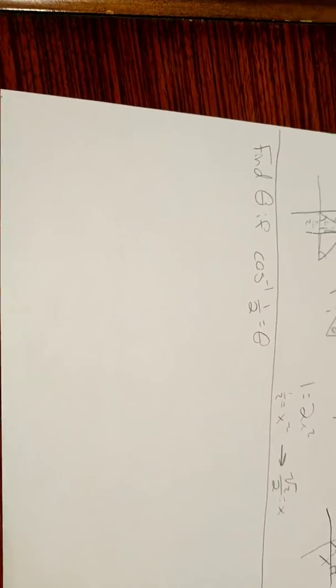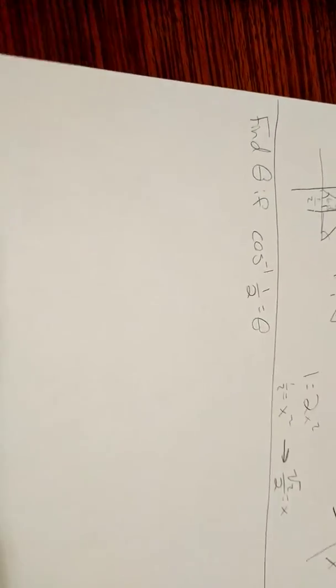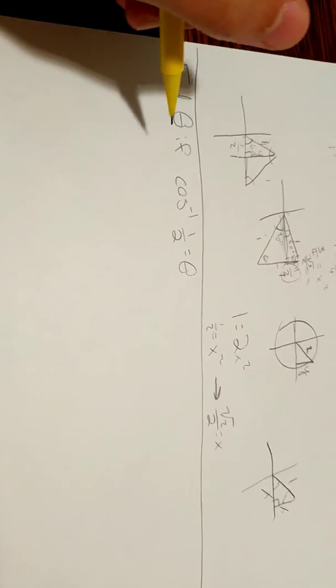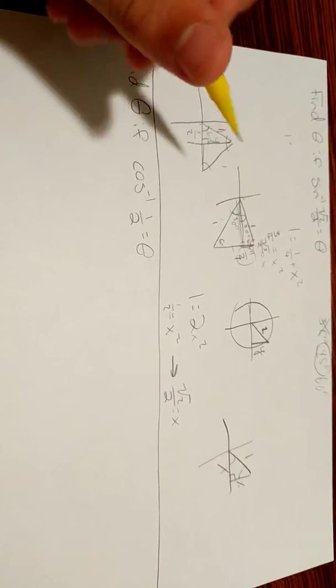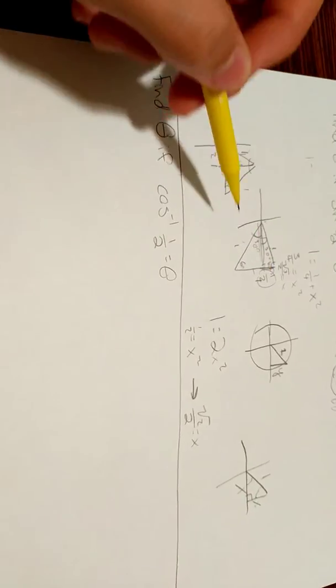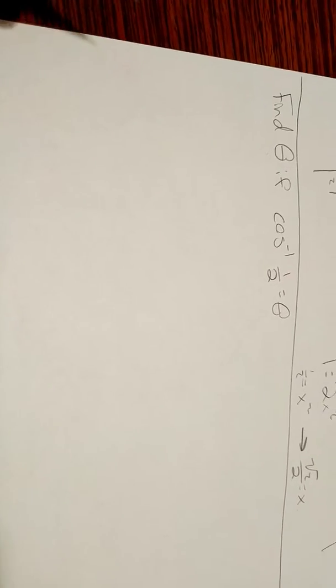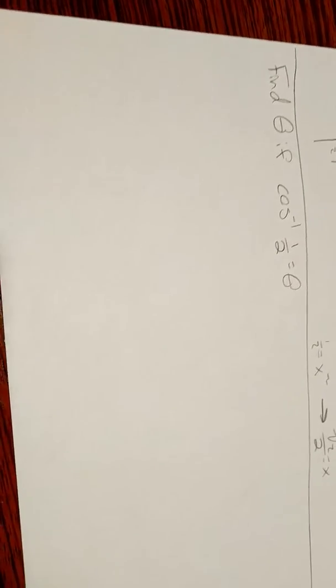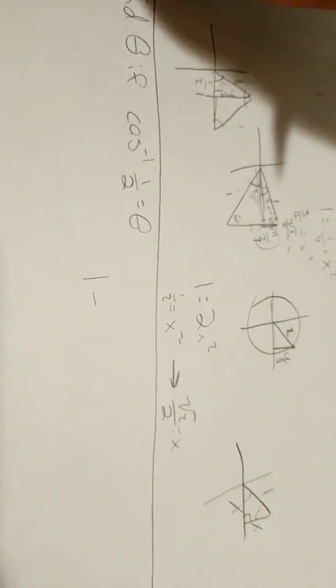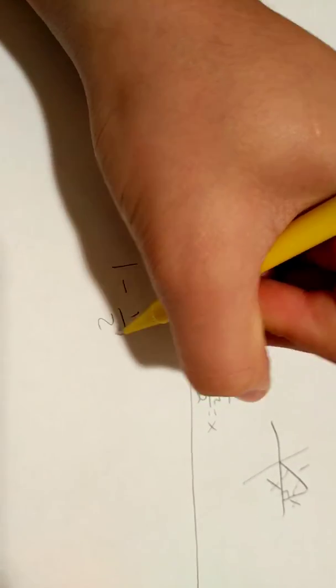Now we're going to go over to the second problem. So if the inverse of cosine of 1/2 is equal to theta, we need to find what theta is. Well, we already saw a 1/2 on the 30 and 60 degree triangles, so we just need to find out whether it's 30 degrees where cosine is going to be equal to 1/2 or 60 degrees where cosine is equal to 1/2. So remember in the 30, 60, 90, we have lengths 1,